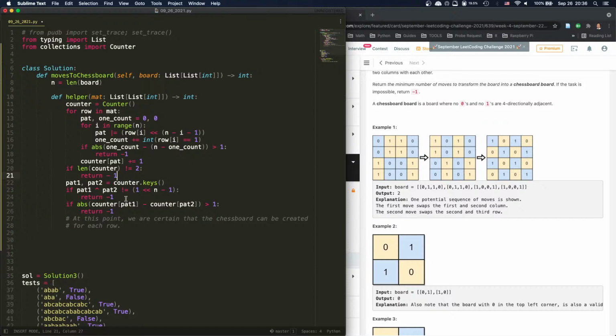And then what about the columns? For each column, the pattern of columns. I can run the same check, but I feel like it's unnecessary because the columns we might have already checked. Like if the rows fit, right? If the rows fit, and I know there are only 2 patterns for the columns, right? And the 2 patterns for the columns,